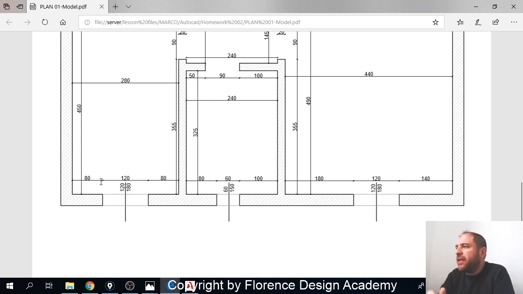Dimension lines instead have thicknesses that are not as thick as wall lines and not as thin as window lines. So we will cover a lot of things today, like how to manage line weight, and this will introduce a concept that is a little bit wider and more important,